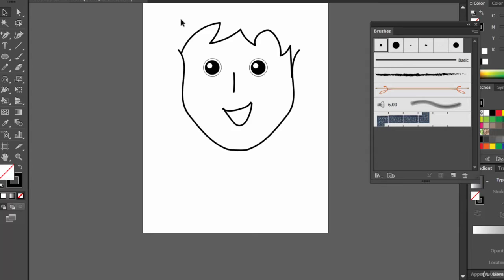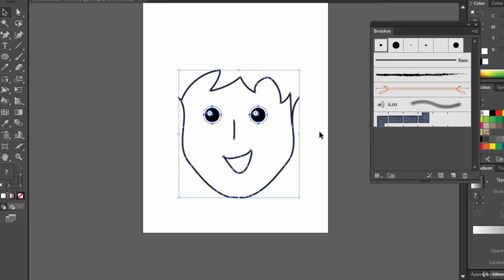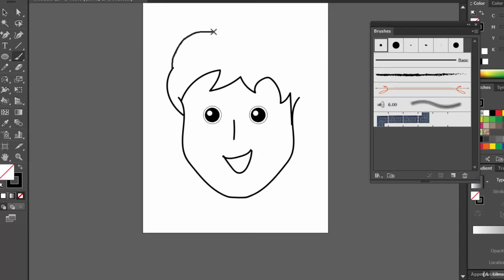And let me move this artwork a bit down here. Again, using the brush tool, let's come here. Let's draw from here. There you go. You can even press Ctrl Z to undo if you were not happy with your artwork.